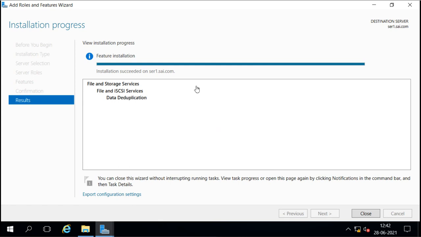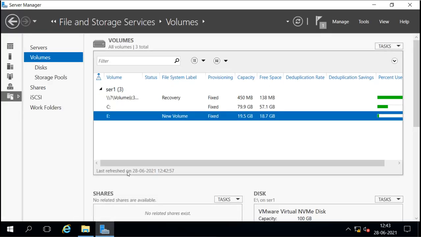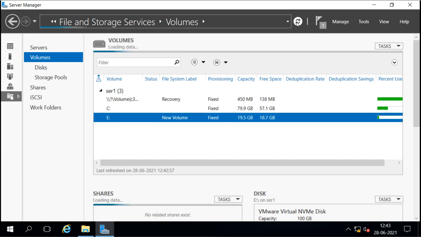Okay, now it is installed, so I can close this and go back to my Server Manager. I will refresh it first so that it updates the view.